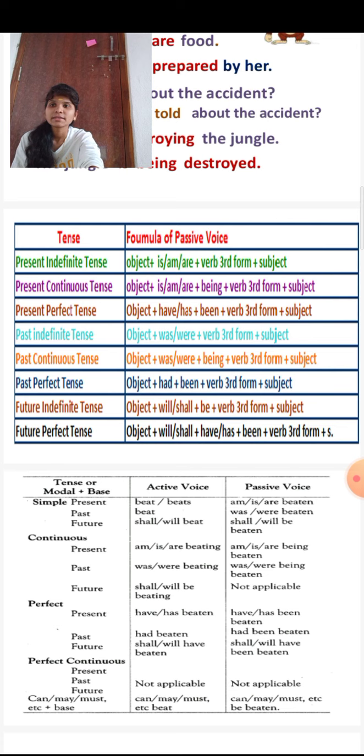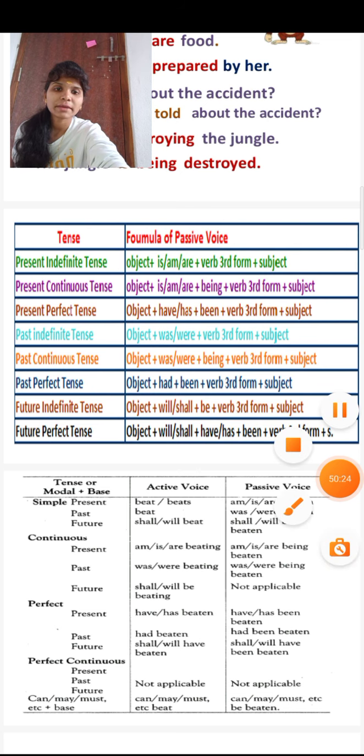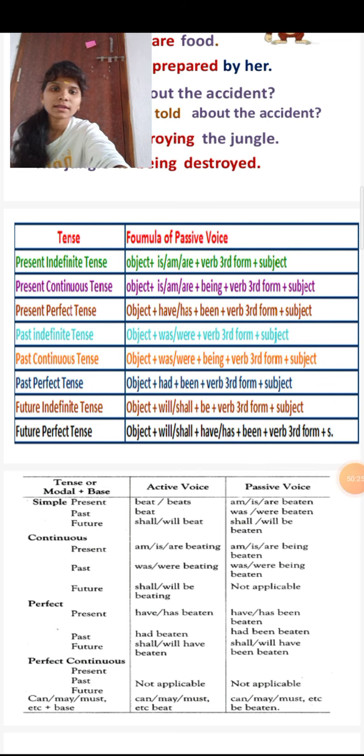So what does that mean here? For example, in active voice, a sentence emphasizes the subject performing an action, while in passive voice, the sentence emphasizes the action or the object of the sentence. To know how a sentence is converted from active voice to passive voice, we need to go through certain rules with examples based on them. So this is about the active and passive voice rules, and let us discuss.